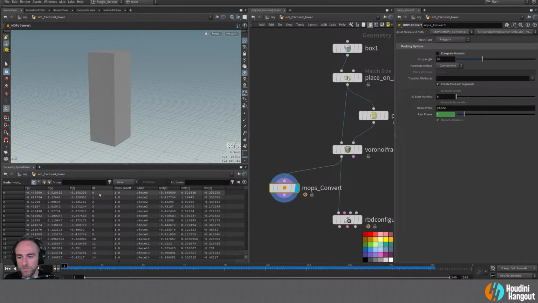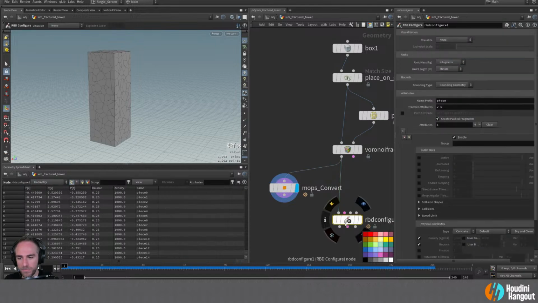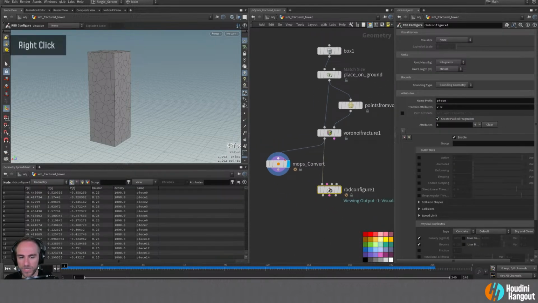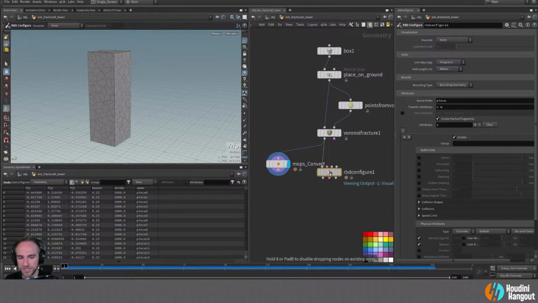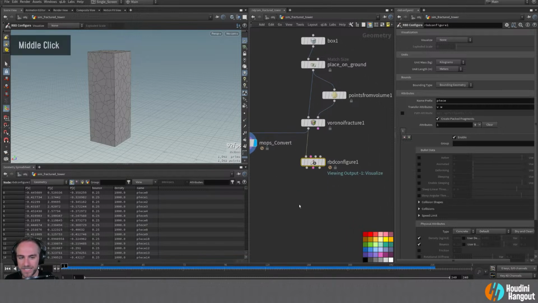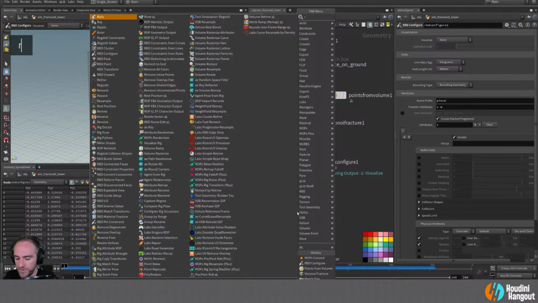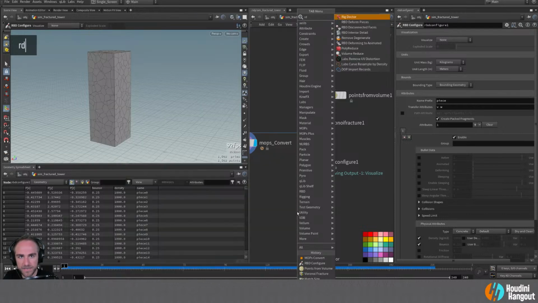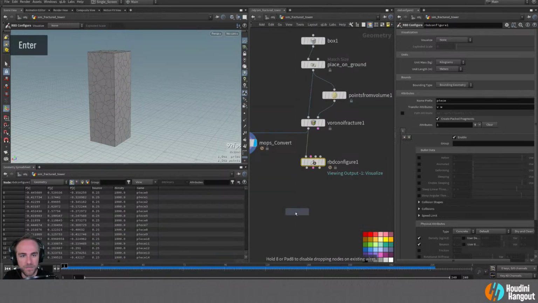But what we have here is, we also have an ID. So we could add that in as well. But we have rest positions. We have a bunch of different things here. So it's kind of your call which way you want to go through it. But I think just going with the RBD configure makes a little bit more sense, because if we do an RBD bullet solver